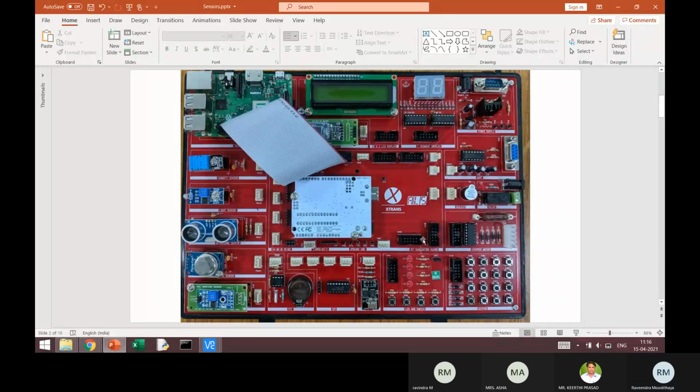So this connector, which is connected to the Raspberry Pi, can either be connected to this to work with these 8 devices, or it can be connected to this to work with these 16 devices. Because it's a matrix connection, I need only 8 ports to operate this matrix of switches. So I cannot operate this part of the switches along with this part of the switch, either this or this. It's mutually exclusive.